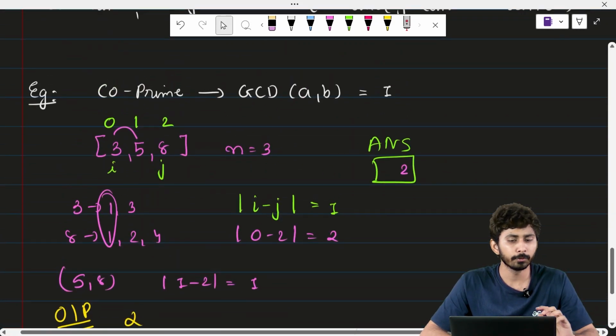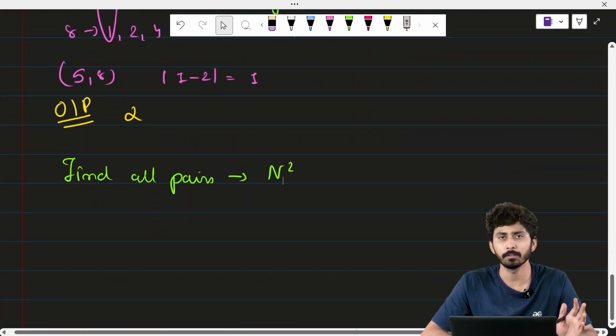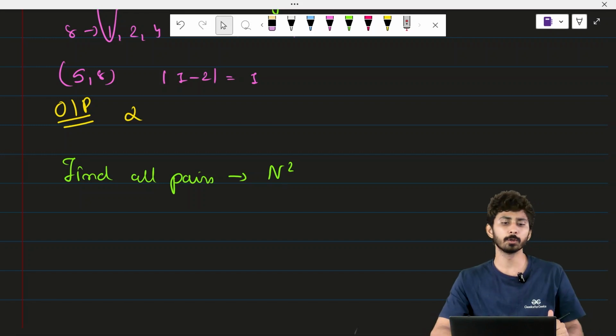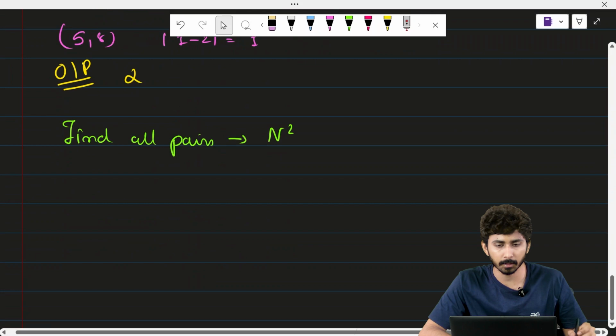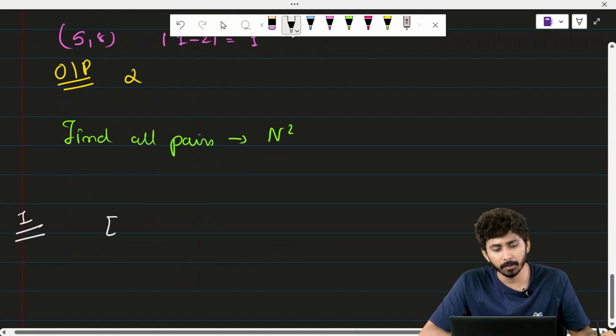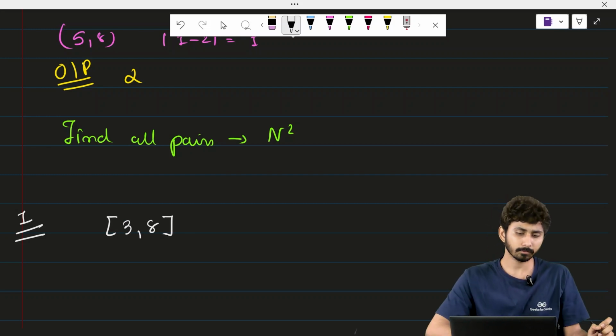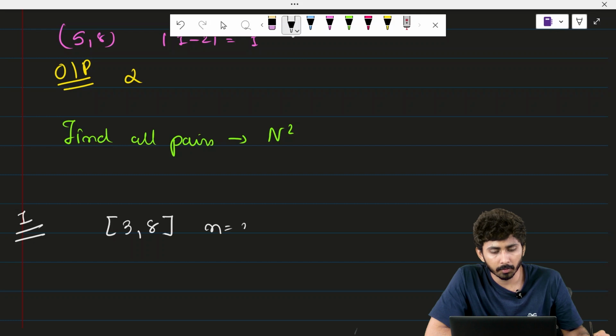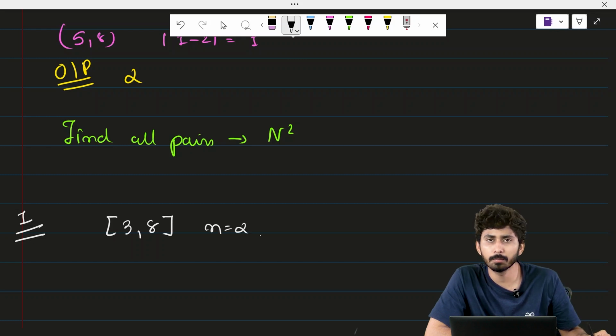Okay, so the brute force idea, we are very well aware. We can find out all the pairs. Now we need to do better than this. So let's see some examples. Let's take one example over here, and I will include two elements, 3 and 8 in this scenario. So n value is equivalent to 2, and find out how many co-prime pairs